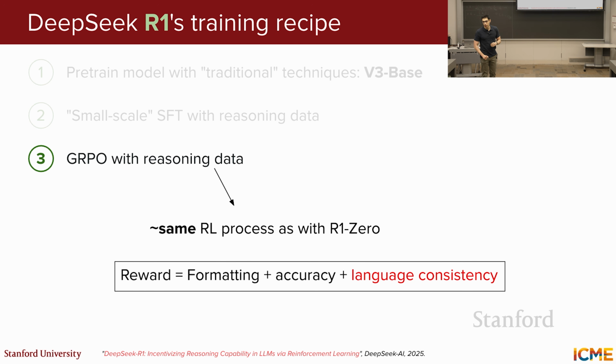And there is something new that they introduced as well to counter the effects of having poor readability in their thoughts. There was something called a language consistency reward, where they use a very simple heuristic to assess whether the model indeed doesn't mix languages. So I believe it was the ratio of the tokens in the target language in the outputted chain. So they just put that in order to maximize the amount of correct language tokens. Okay,